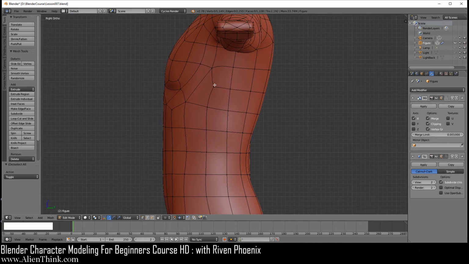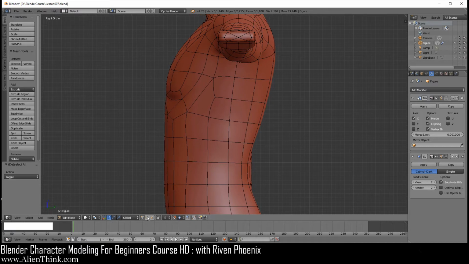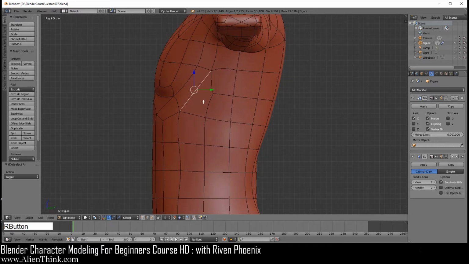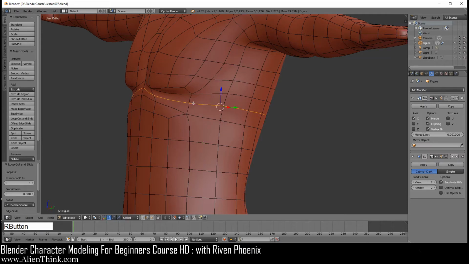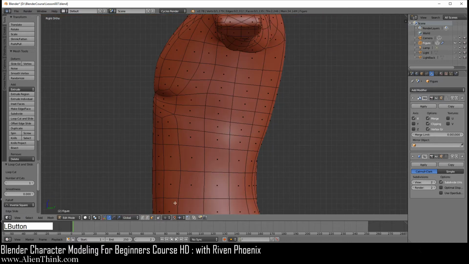Okay. So the way we're going to do this is we're going to click on this edge over here. We're going to press Control A to rotate this. Go ahead and click on this and rotate this. You're going to do Control R, left click, right click, Control R over here, left click, right click, and add one more edge loop, Control R, left click and right click, and go to your right view. Click on your face select mode. So now you can click on this one. There should be 2 above here, right?